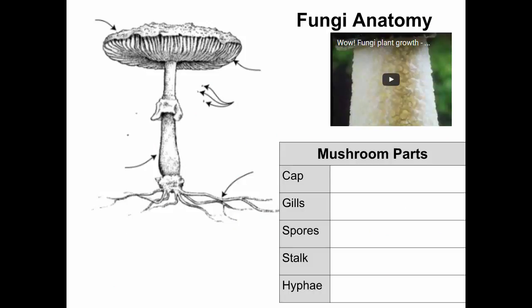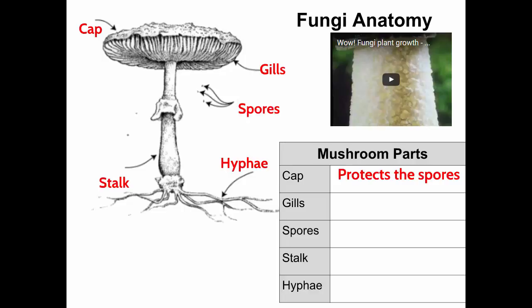So this is a mushroom, and we've all probably seen mushrooms growing out in the woods and your lawn and so forth. And so you have the parts labeled. Let's talk a little bit about what they do. Maybe underneath the part that's labeled, you write in its function, because I know you don't have this little chart. So the cap of a mushroom is the most obvious part. Often they're brightly colored, sometimes they're not. The cap basically protects the spores that are being produced underneath in the gills.